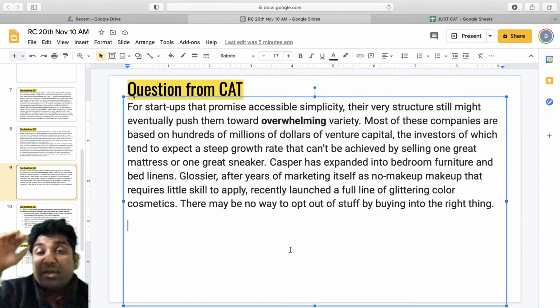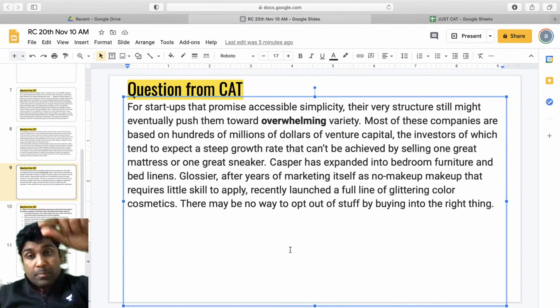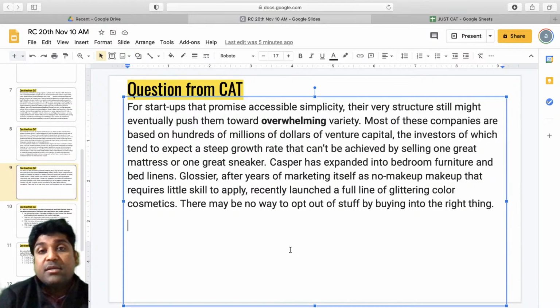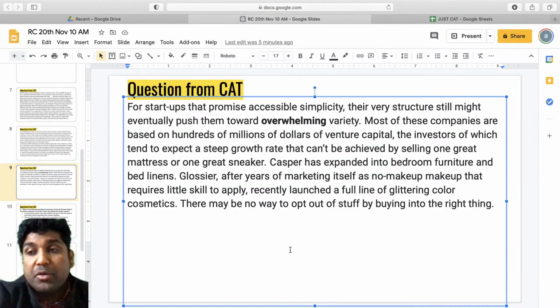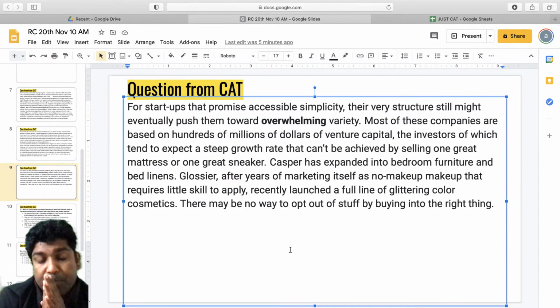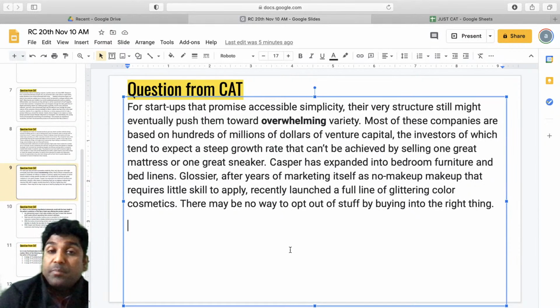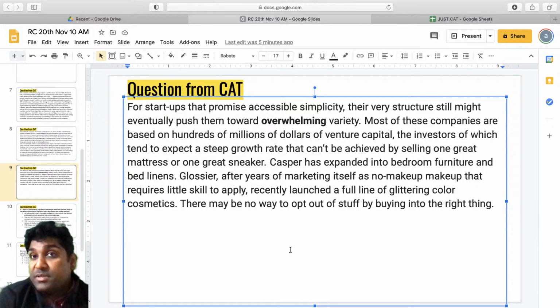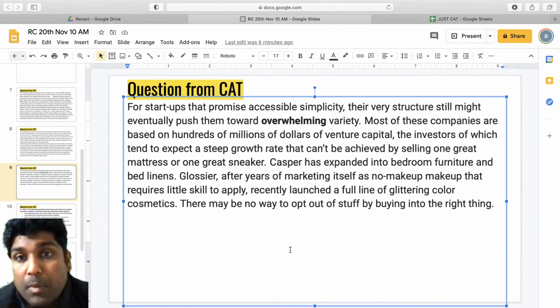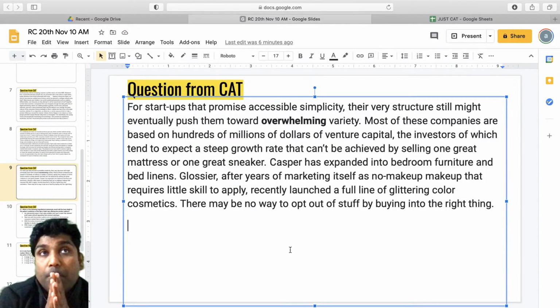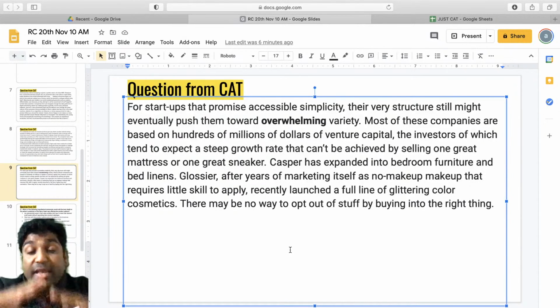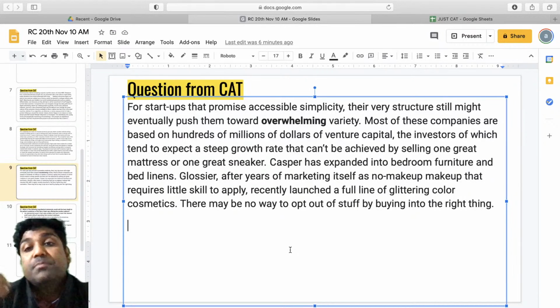Okay, so Casper is expanded into another giving example. The purpose of this paragraph is to tell that this business model is not going to work very long. The companies who are now having fewer products are eventually going to make many more. They are going to get into other aspects of the business and enter those business areas, or they're going to have many more products and many more product ranges. They're going to expand it,